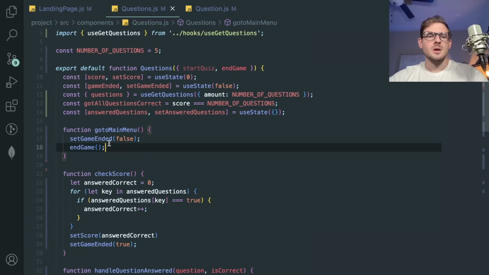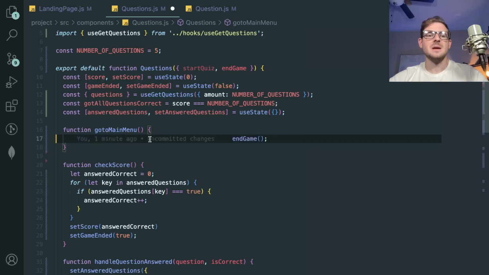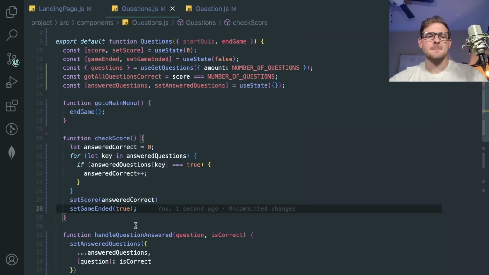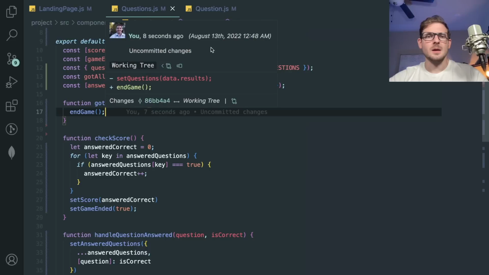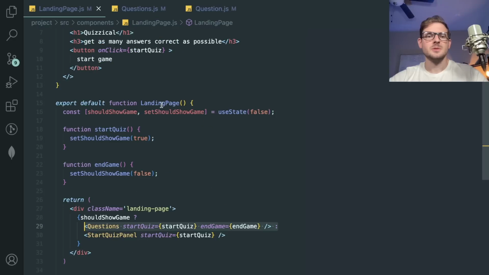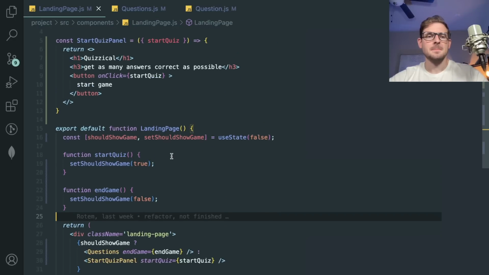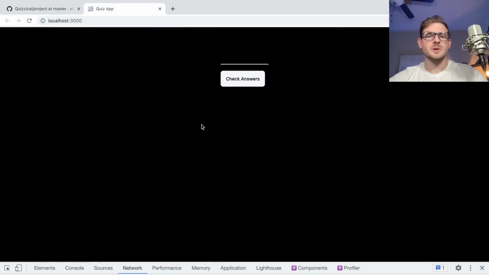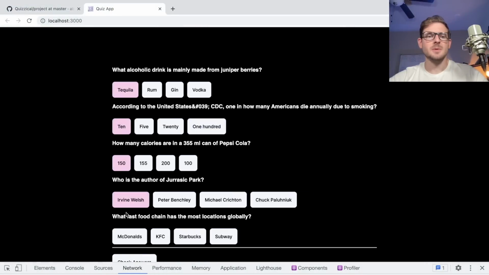And honestly, I don't even know if I need to do set in game because this thing is just going to go back to the main page. So I think I can kind of do this. And I guess I don't even need start quiz here. Let's go back. Is there a start quiz getting passed in here? I don't know why start quiz is here. I probably broke some of the original functionality of this application, to be honest, but